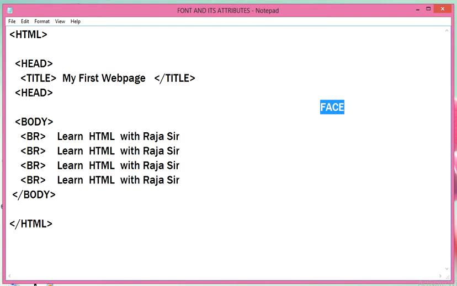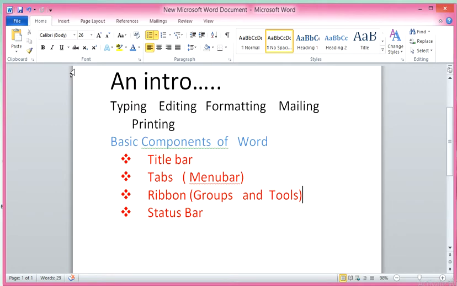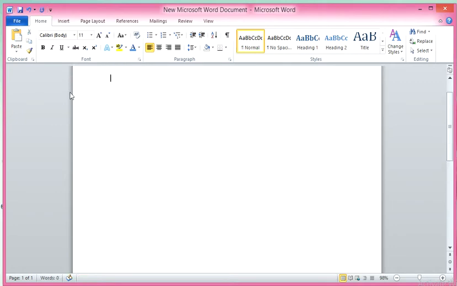Just look at this example. Here I am going to write a few sentences. Suppose I have written here apple, another apple, and I'm going to copy it.